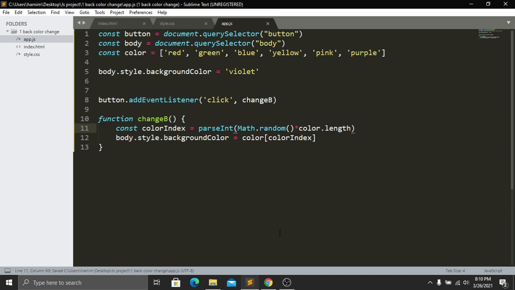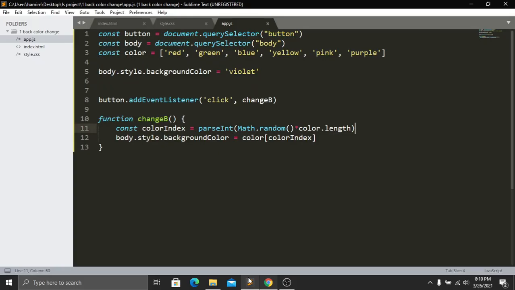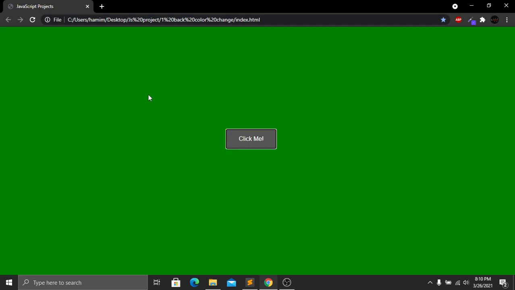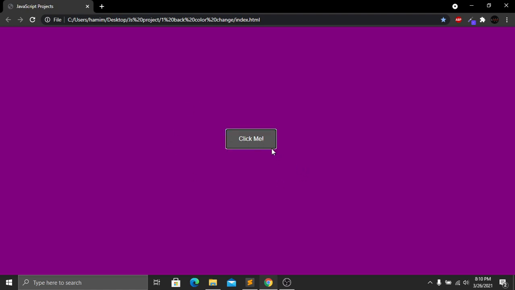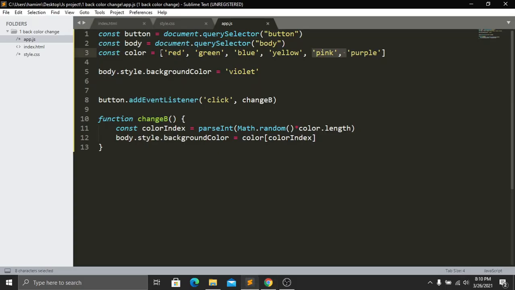Now if we save the program and go to our website, and if we now refresh, and click on this button, here you can see that this color is changing differently, because our first color was actually, let me see, red, but this program is taking our pink color. So now if we click again, here you can see that now it is taking yellow, and if we click again, it will be green, and then again green, and then red here. So guys, you can see that this program is generating the color randomly, not in the given sequence. It will take the color randomly.